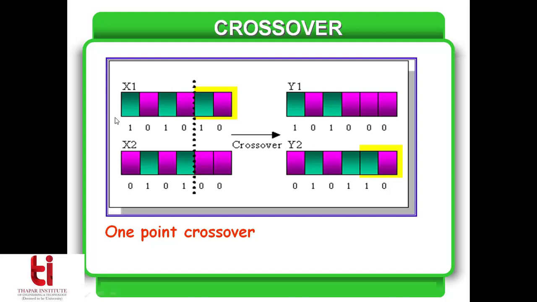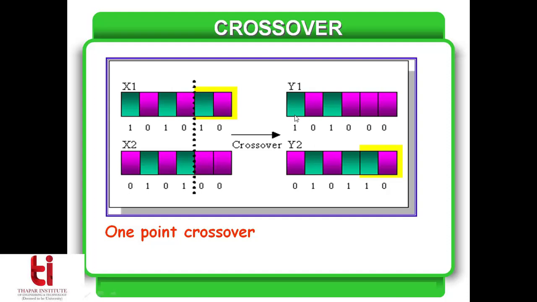For example, in this case I have two parents, x1 and x2. I select my crossover site to be this point, that is after the fourth element. So at this site I have an unequal division. Due to that unequal division, I have to remember that when I do the swapping, I can swap this two element part with this two element part only, and this part with four elements with this part with four elements only. I cannot do this kind of swapping. No diagonal swapping can be carried out.